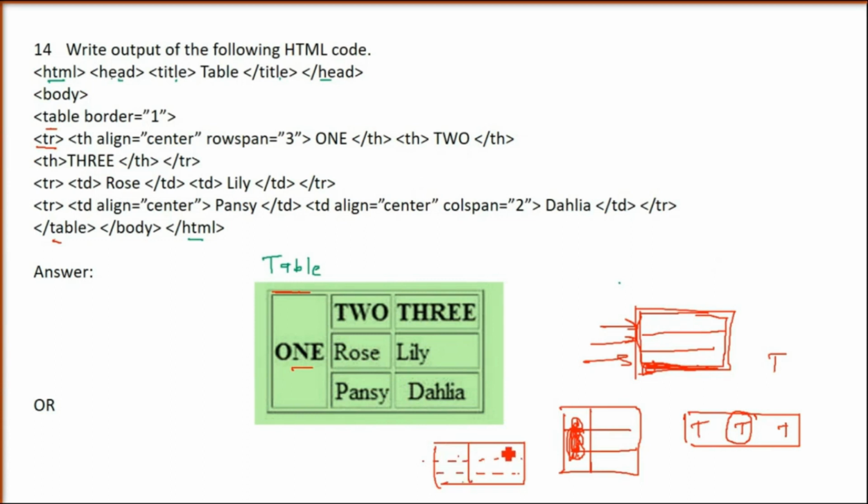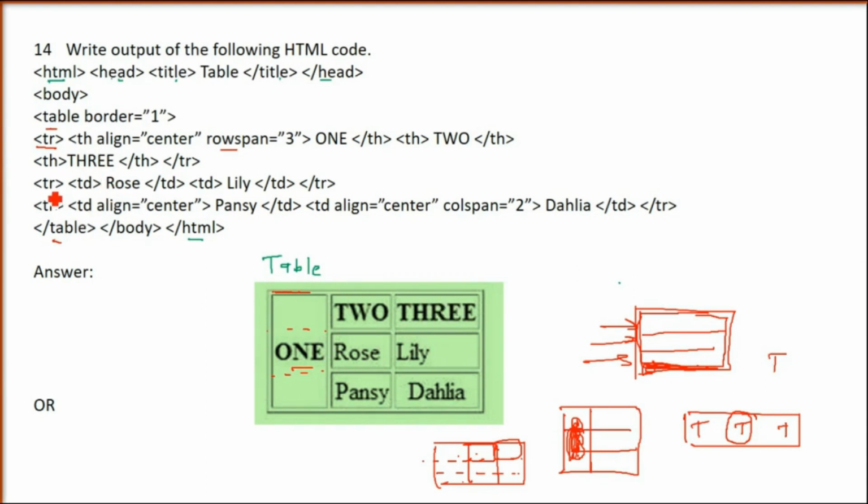Third one. So first has taken 3 rows. The second is not taking 2 rows. First has taken all the 3 rows because row span is 3. Here only the 2 will have only one place, that is first row and 1 column. Here also first row and 1 column. So that is why 1 will be in 3 rows and 2 and 3 have no row span. So they will have only 1 row. So in the first row, 2 and 3 will be adjusted, same row, but the column will be different for 2 and 3.